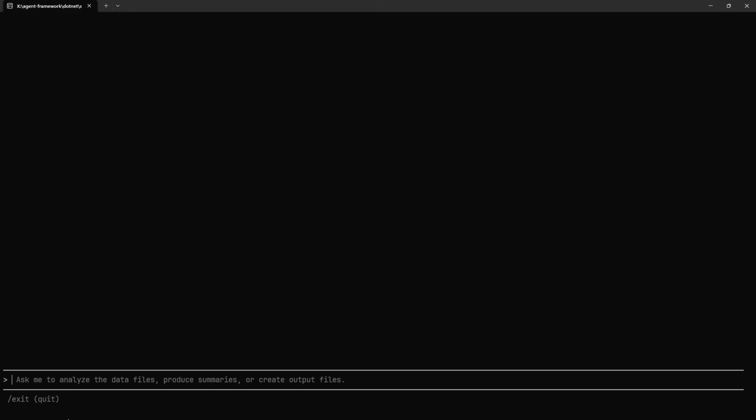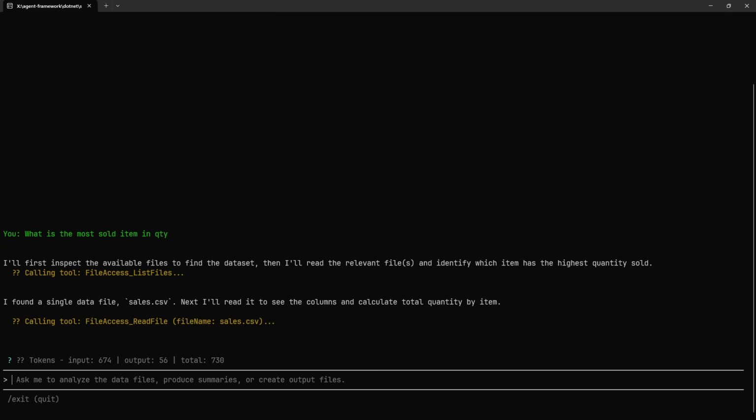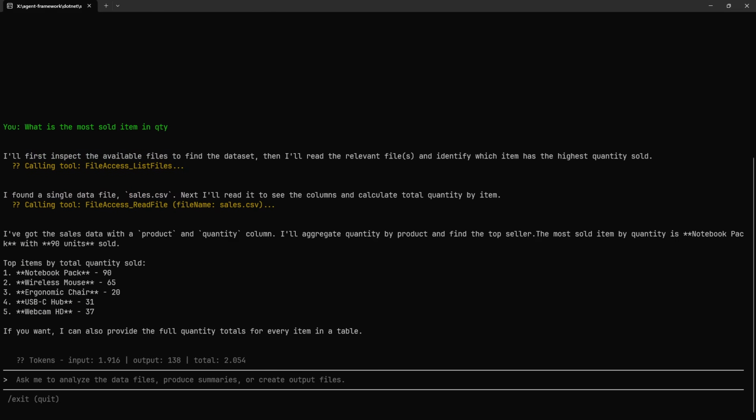So let's say, what is the most sold item in quantity? This one I've seen throw back a lot of reasoning, and suddenly in the middle of the sentence just stopped, but let's see if it goes better this time.